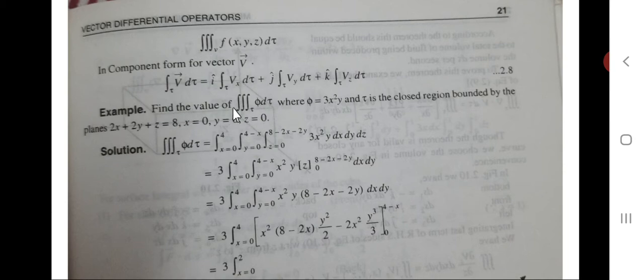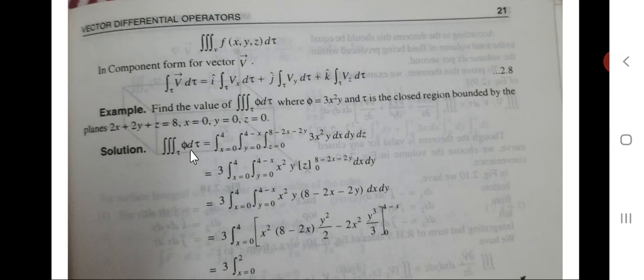Now find the value of triple integration over tau of phi d tau, where phi is equal to 3x square y and tau is the closed region bounded by the plane 2x plus 2y plus z is equal to 8, x is equal to 0, y is equal to 0, z is equal to 0. Now solution for this is